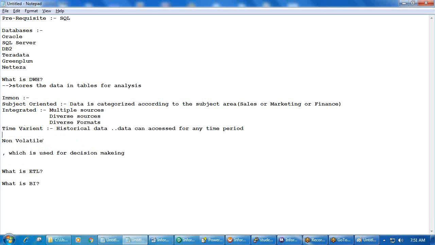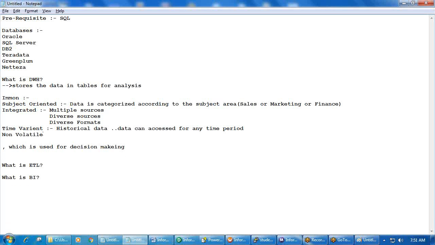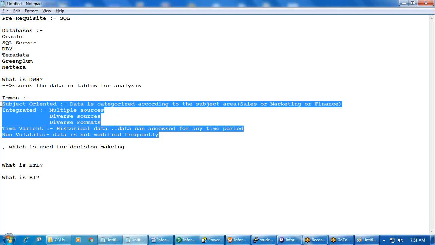What do you mean by non volatile? Volatile means which changes very frequently. Non volatile means data in a data warehouse does not change very frequently. Once we load the data, we are going to use it for years to analyze the data. So data is not changed very frequently. That's why data is not modified frequently, and that's why we call the data warehouse a non-volatile system. So a data warehouse will have all these characteristics,